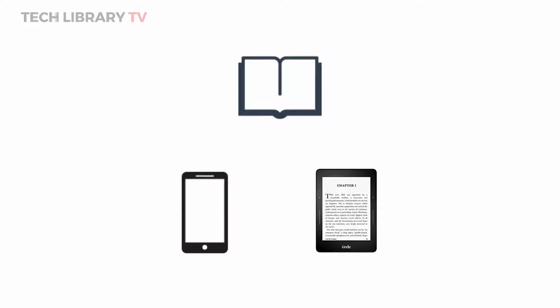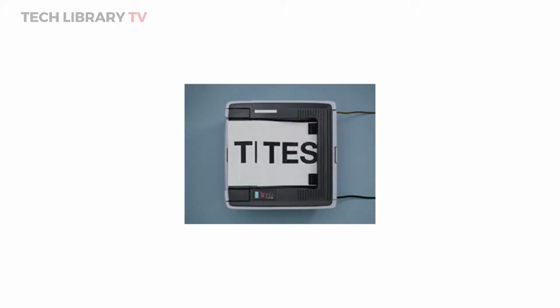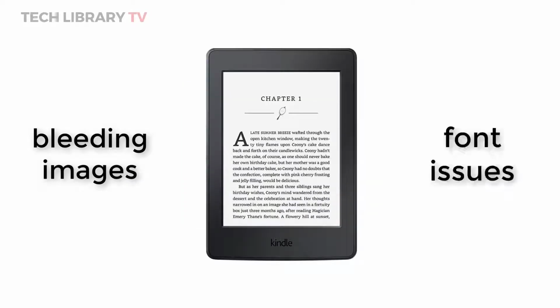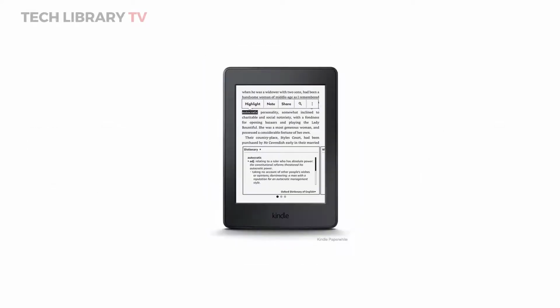It's vital that we have a copy of our own ebook on our phone app or Kindle device, simply because it gives us an opportunity to test our books to see if the margins are okay, if there are no bleeding images, if there are no font issues, and more. So, here's how to get a copy of your Kindle ebook to your Kindle device in just 3 simple steps.